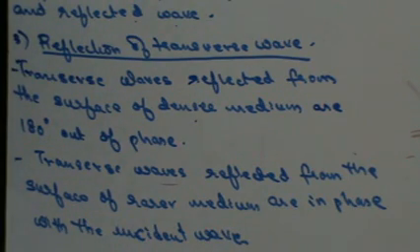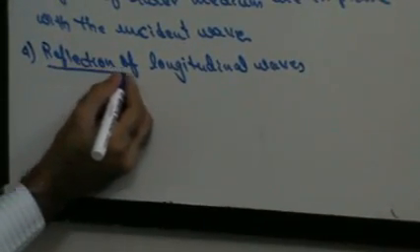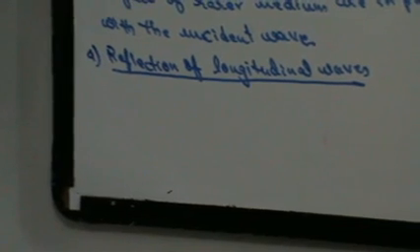Now let's see the reflection of, so this was the reflection of transverse waves. Next, let's see the reflection of longitudinal waves. Now, how do I actually produce longitudinal waves? If longitudinal waves are reflected from the surface of the denser medium, then there is a phase change of pi radians. And if they are reflected from the surface of a rarer medium, then there is no change in the phase,